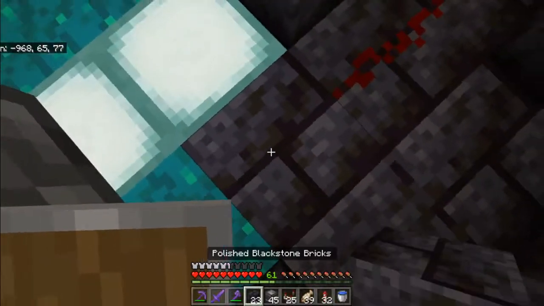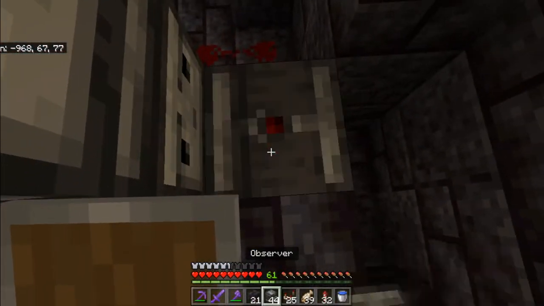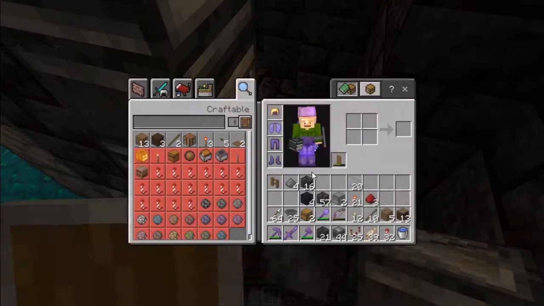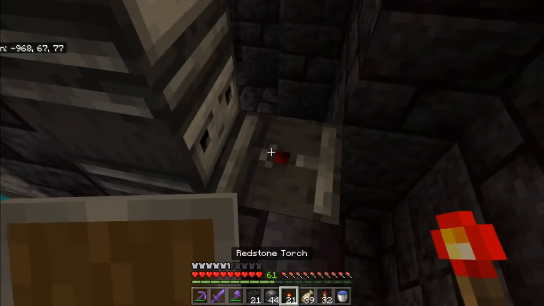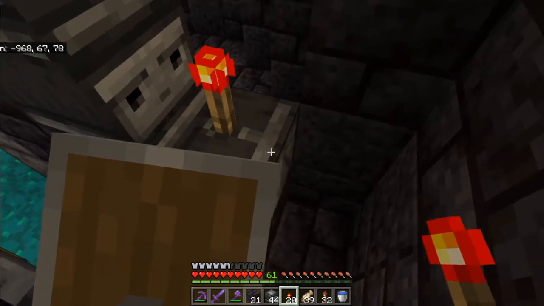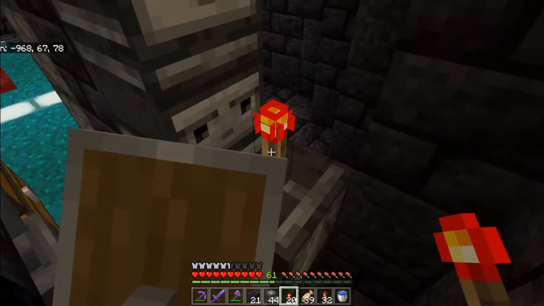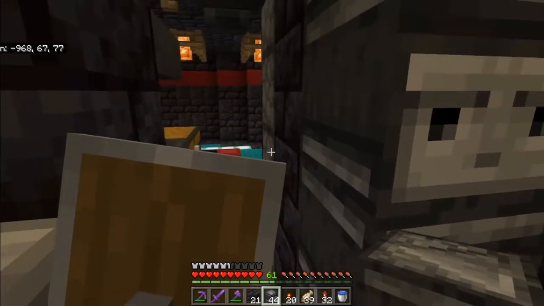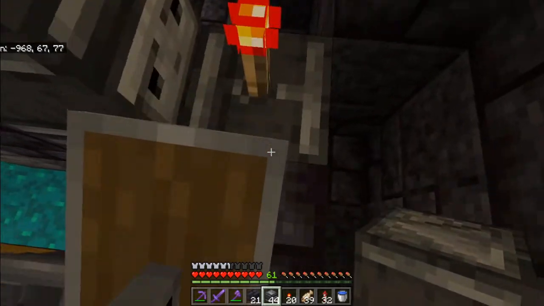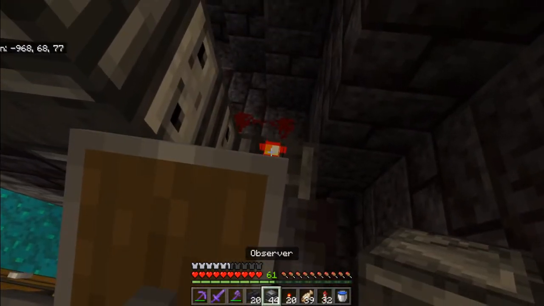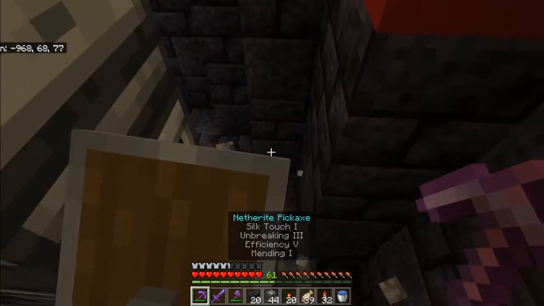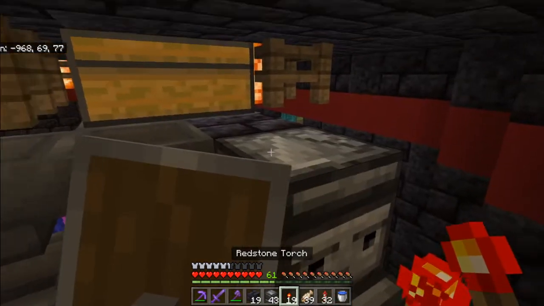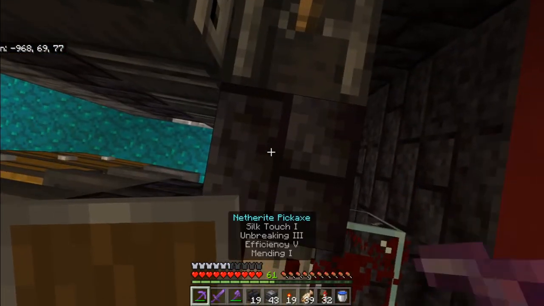So I'm going to tower up here. We're going to place an observer observing that redstone dust. Then we are going to take a redstone torch and put it here. So whenever the observer detects a change down there, it will depower this torch just for a second, which will then be detected by here and power these droppers. And we'll do that in an alternating sequence until we get to the top, just like that,